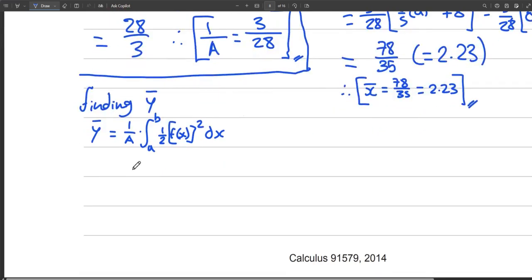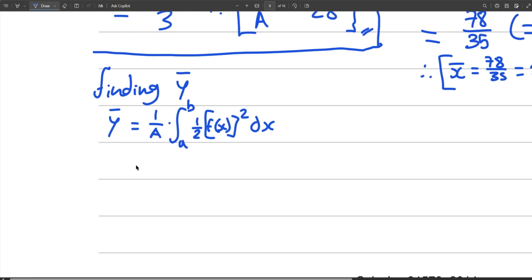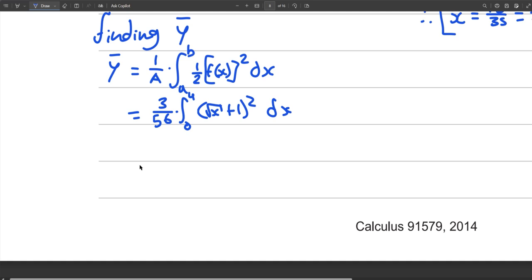Now taking the half outside the integral, I'll just get is equal to 3 on 56 times the integral from 0 to 4 of root x plus 1 squared with respect to x. And then expanding that will give me,